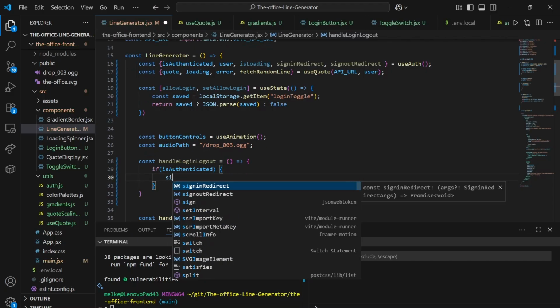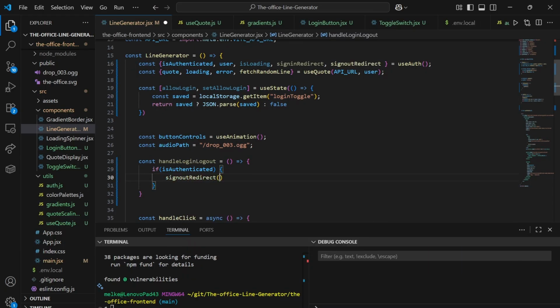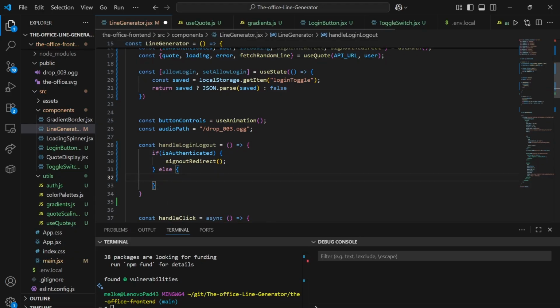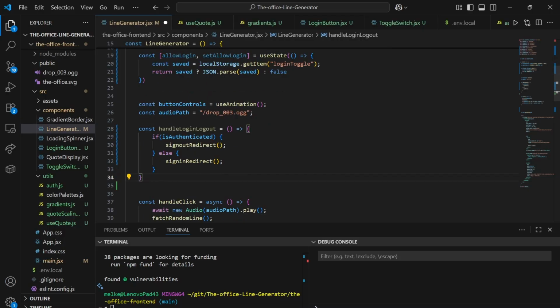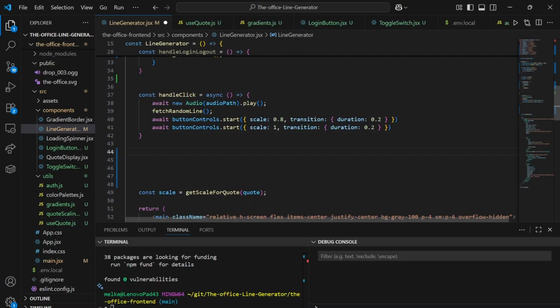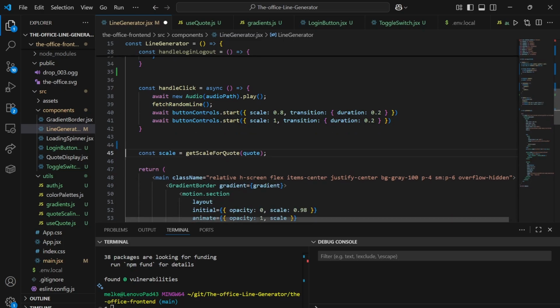And then we're going to call sign out redirect, which is going to sign us out. And else, if we are not logged in, then we're going to call sign in redirect to sign us in. Great. Handle click we're going to keep as it is. Now we have our scale here, but we also need to get our gradient now because we moved it out